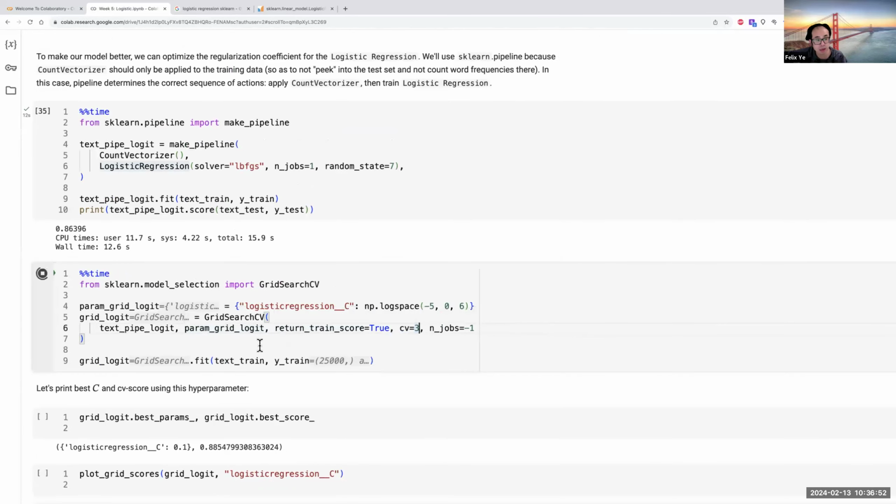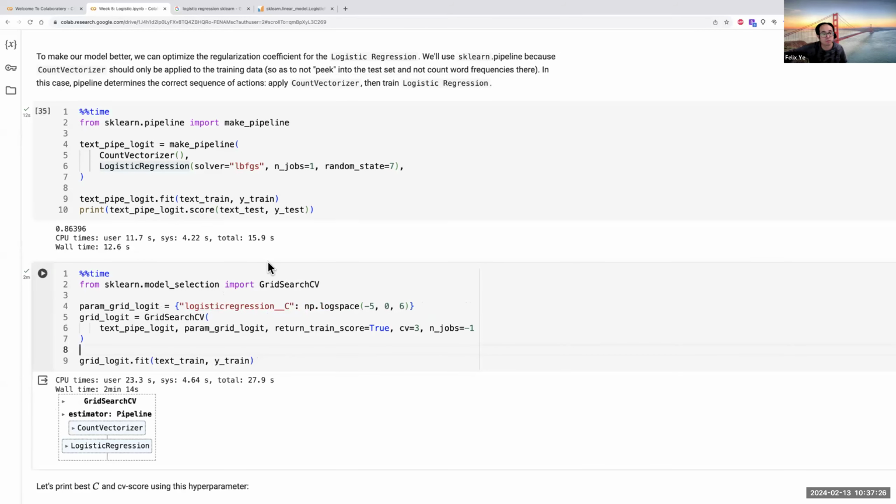So why do we choose it this way? We choose 3-fold, and we only choose 6 different values of C, because we know that would take about 18 different rounds, right? Because 3 times 6, that's 18 different rounds. But we know each round would take about 16 seconds. 16 seconds times 18, that's quite a bit of time waiting. So that's why you actually have to